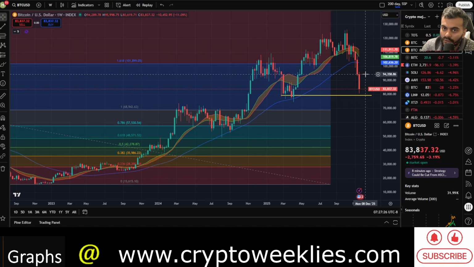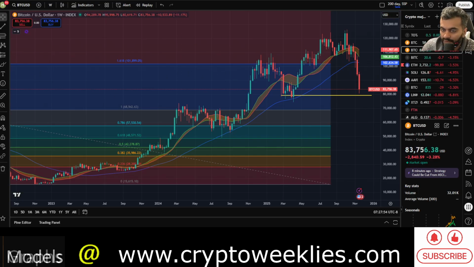So there is over a $26,000 gap between the 20-week simple moving average and the current price. In terms of that proportion, that $26,000 over this $80,000 Bitcoin is more than 1/5, or more than 25%